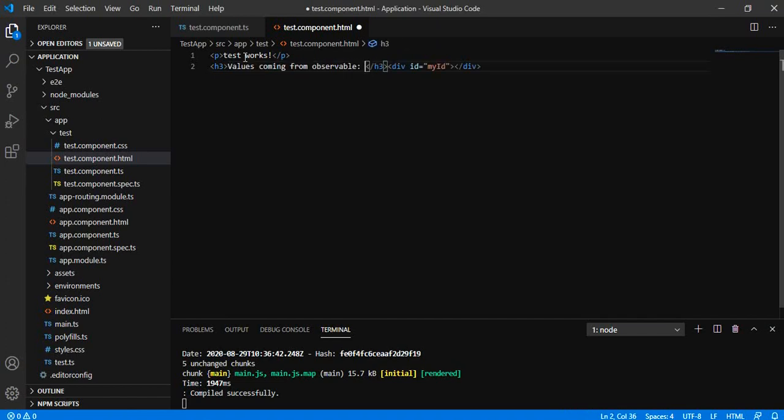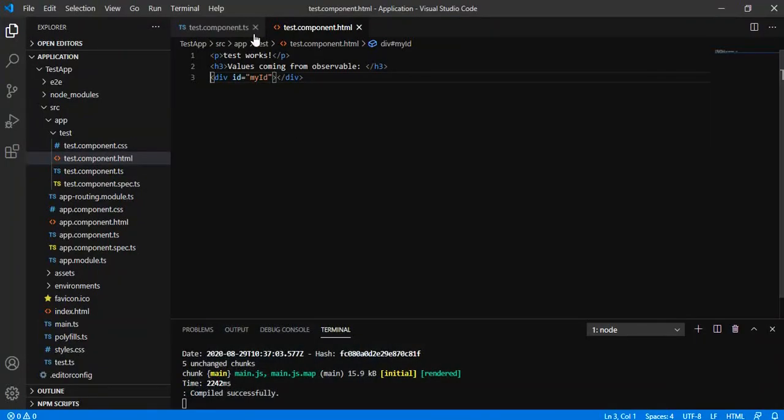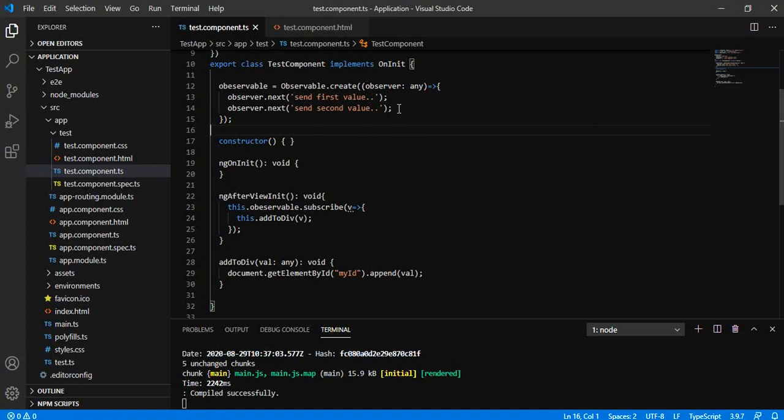Okay, fine. Now we have this particular message, and after that our values will be visible. Okay, till now perfect. Now let us say, if any error occurred, then what will happen, or when it completes, then what will happen.